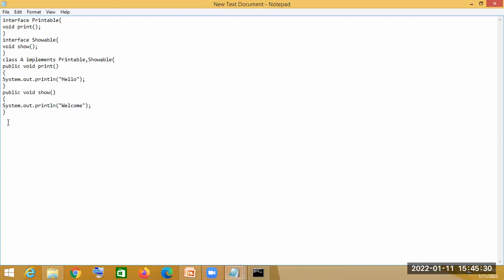Now inside of it, public static void main, String, and we will create the object equal to new A, and obj dot